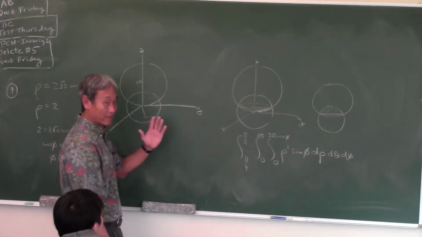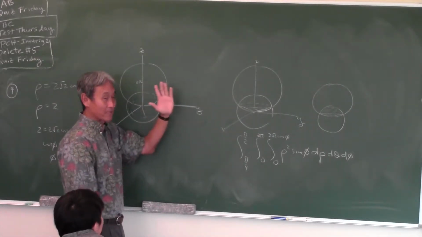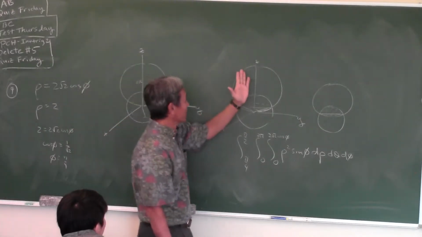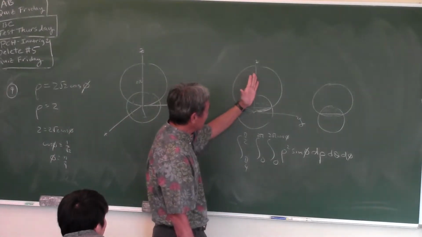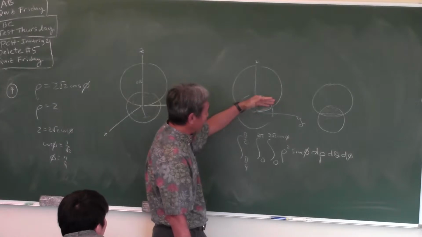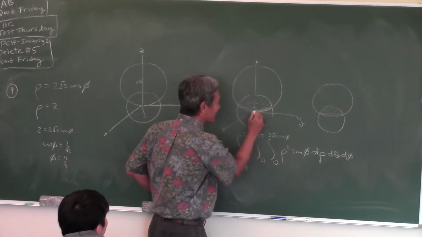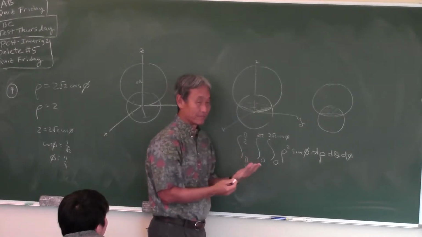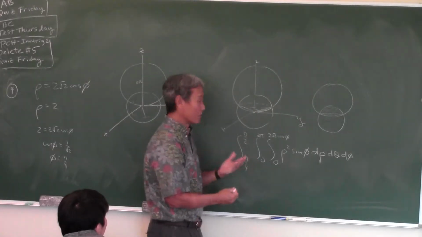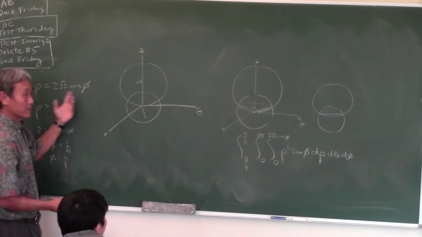You guys understand that? Phi is measured from the positive z-axis. So this is where phi is 0, pi over 4, and then if you continue on like that, until you hit there, then phi is pi over 2. Cosine, because look, cosine of pi over 2 is 0, right? Wait,